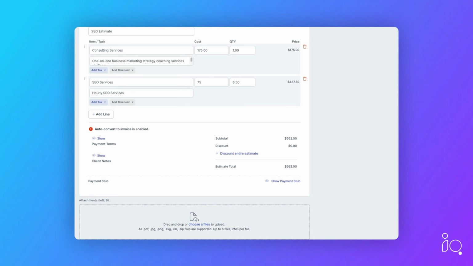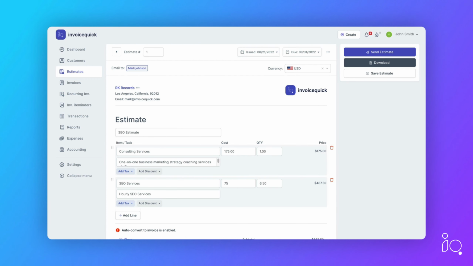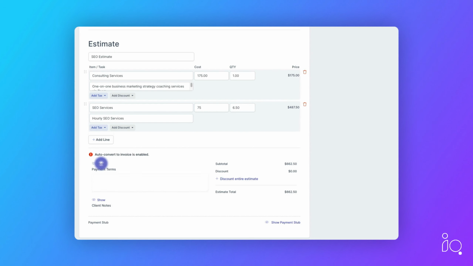Now over here, you're going to notice that auto convert to invoice is enabled. So what happens here is you send the invoice out, the customer can click on accept, and it's automatically going to generate an invoice, notify you and say, hey, the customer's accepted this estimate. We generated an invoice, time to get the work done. So payment terms are exactly the same as invoices, as are client notes. So terms, I'm going to leave this empty as well as the client notes, and move on to sending, downloading,